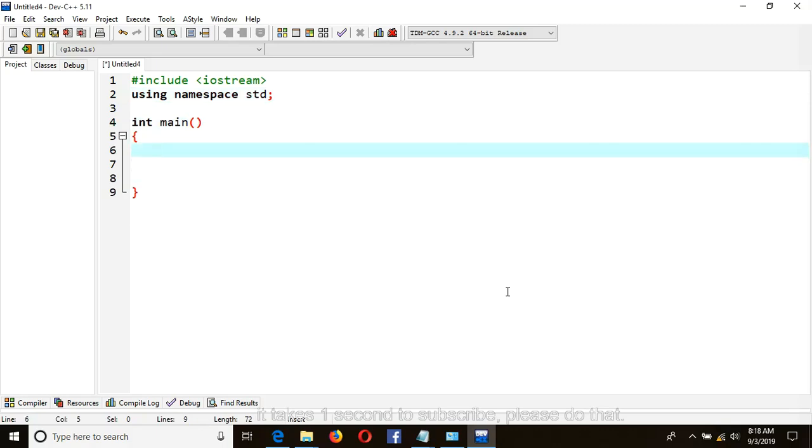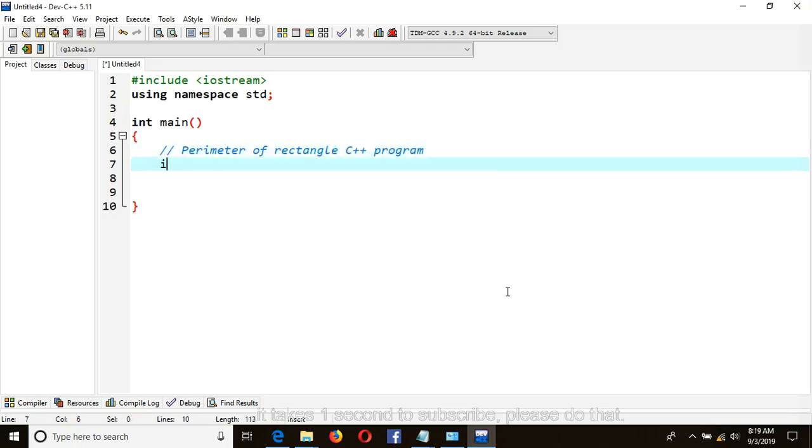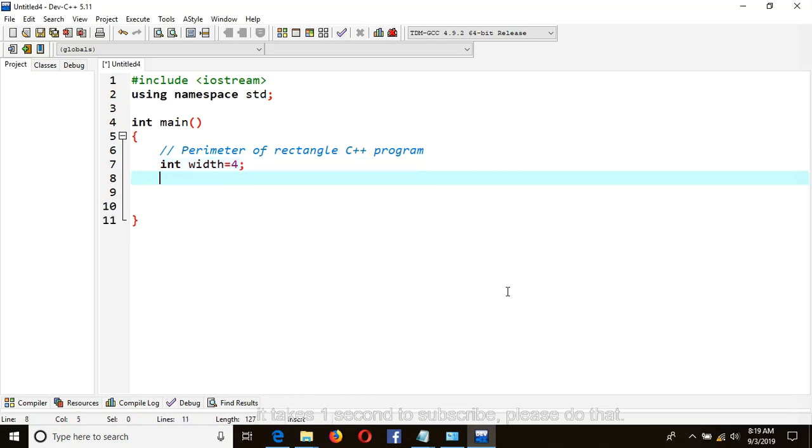So here put a comment: perimeter of rectangle C++ program. int width is equal to 4, int length is equal to 4,